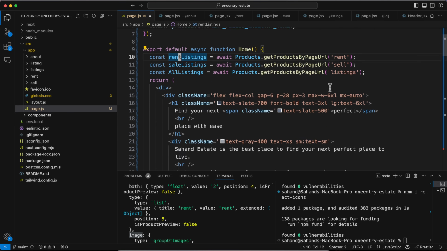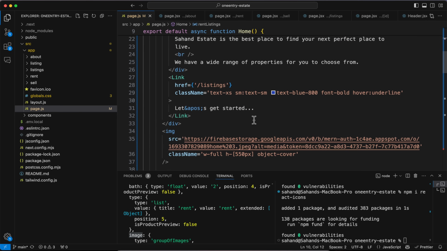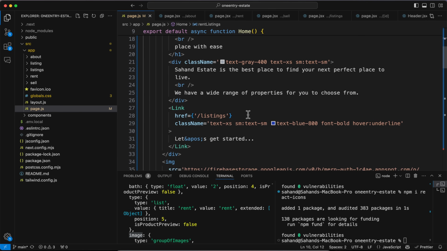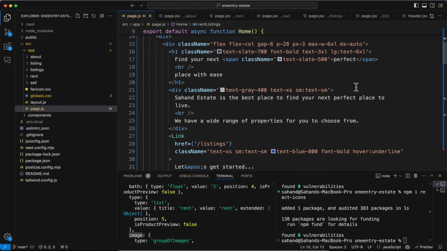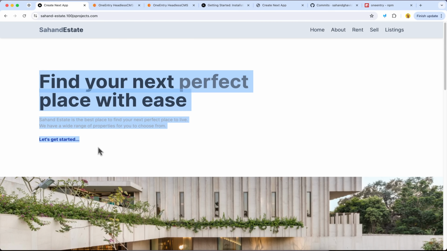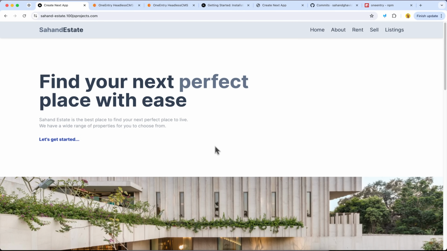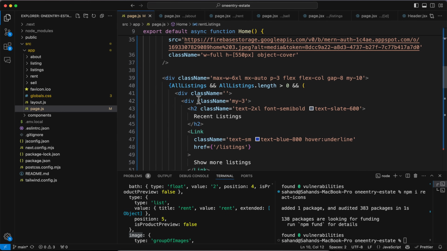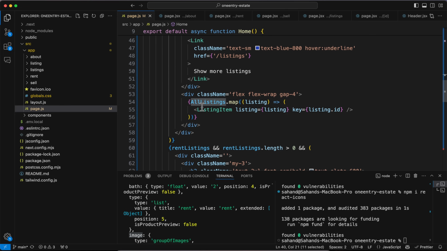And then we're gonna just loop through them and put them there. At the top, we just have some text, like we want to have these titles. There's nothing fancy about them, just some headers and some styling. And we have a link tag to the listing page. And then we're gonna have all listing at the top. So here we're gonna loop through the all listing and get to each of them and pass it to the